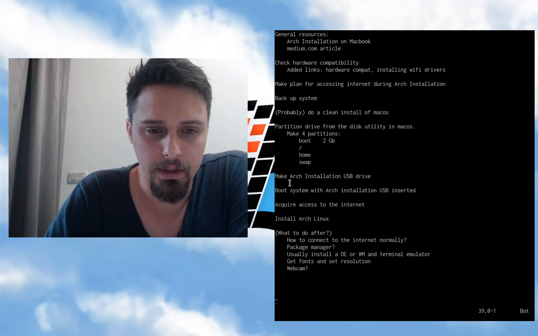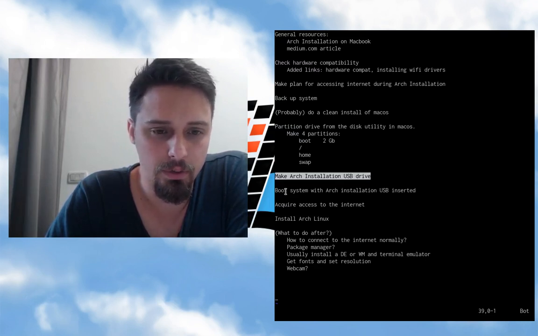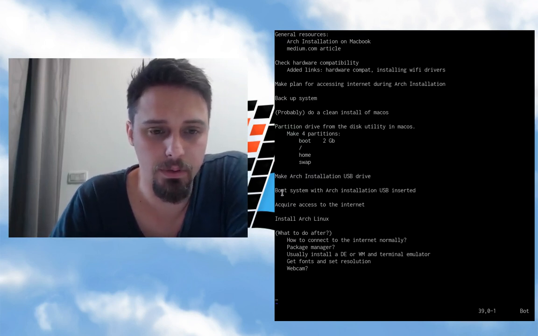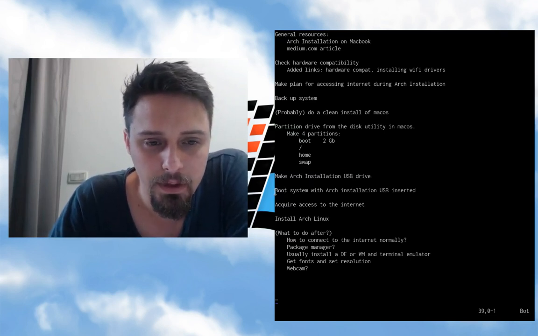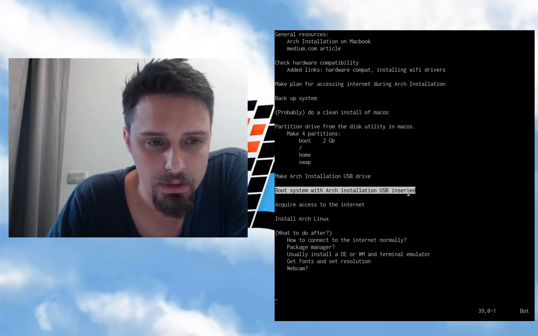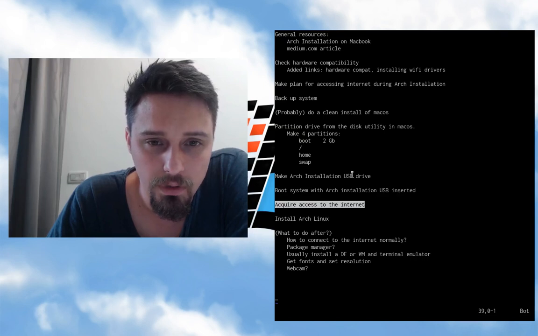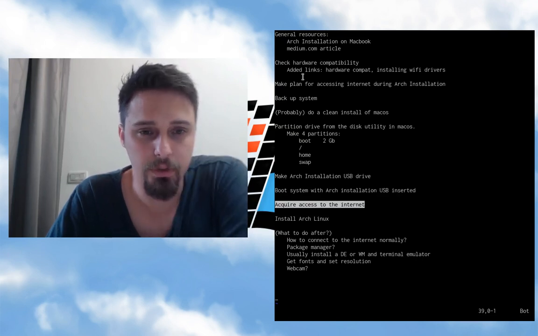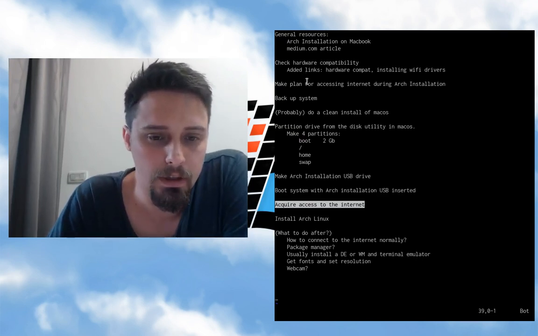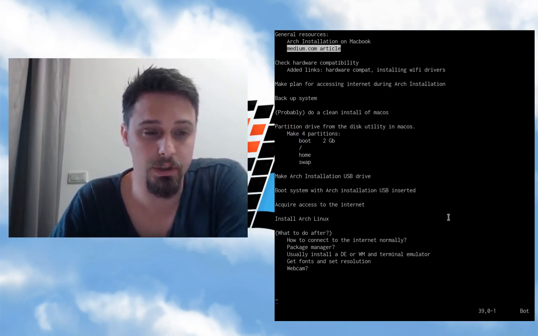to verify it, and then you're going to need to write that to a USB drive. Again, just do a web search. This is just a general overview of what you need to do. You are going to shut down your system and reboot it with the Arch installation USB inserted into your computer. Then you need to get access to the internet, and this is what I was talking about before. You need a plan for this. But if you use the medium.com article, my voice just cracked there, if you use this article that I'm going to post a link to,